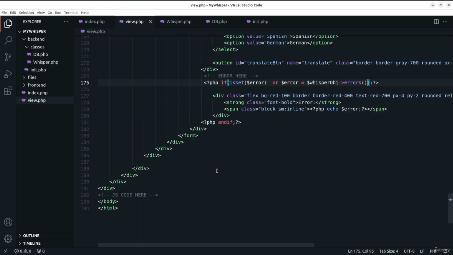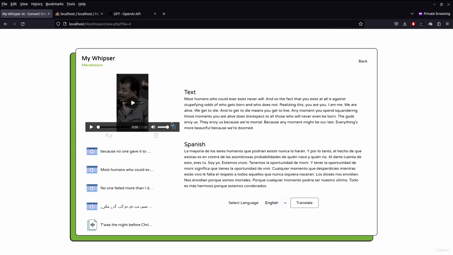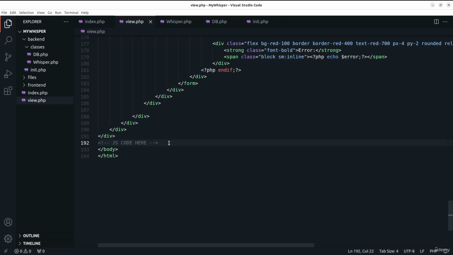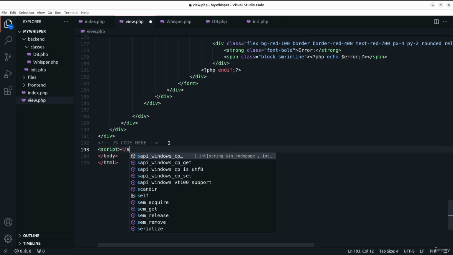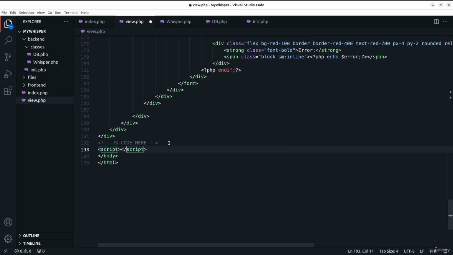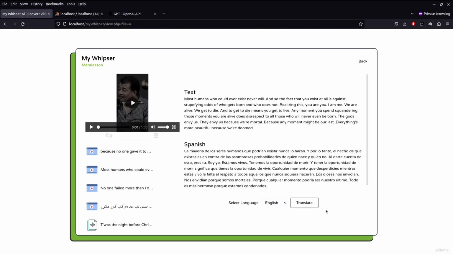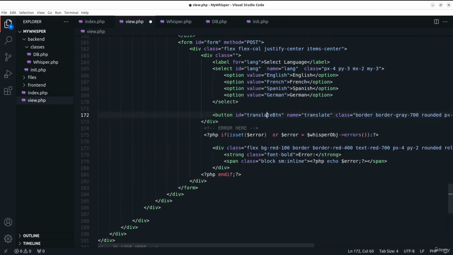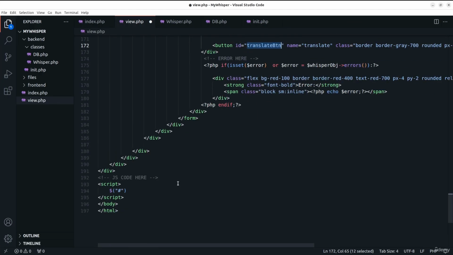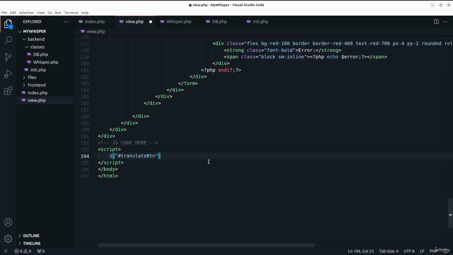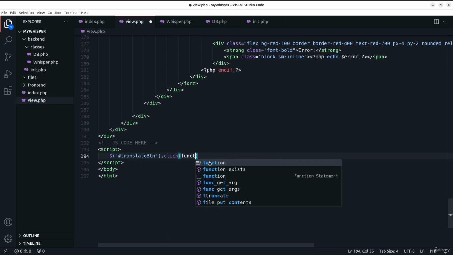That's it. Now to display the loader image, just like we did for index.php file, we need to open up the script tag right below here for our JavaScript jQuery code. So scroll down to the bottom of your file and open up the script tag, and the first thing you need to do, you need to create a click event for this translate button with the ID translate btn. So add translate btn here, and we'll say on click run a function,